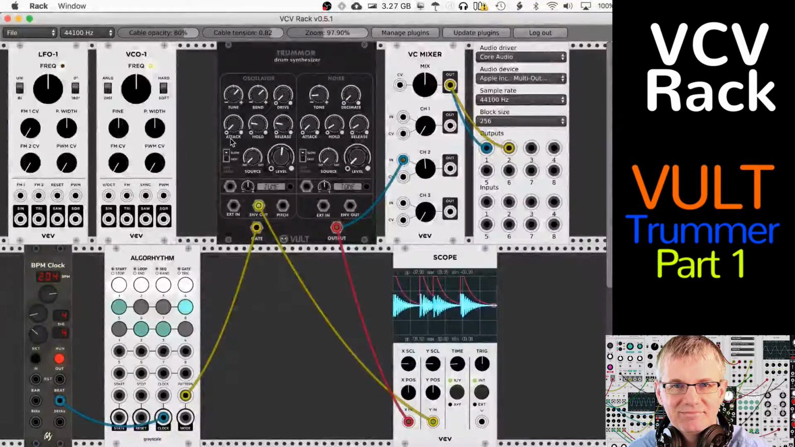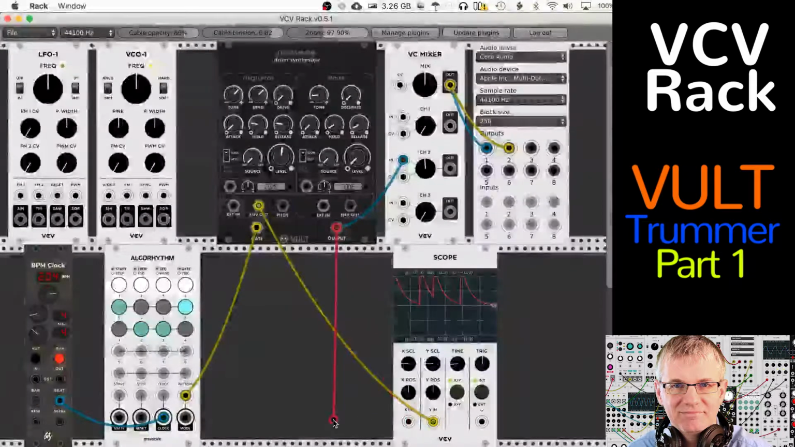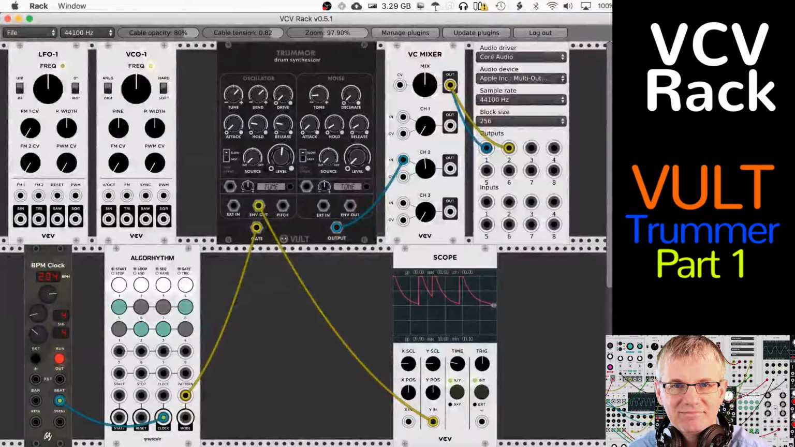Now, next we're on to attack, hold, and release. Now, in other videos, I've spoken a lot about ADSR. Attack, decay, sustain, and release. This is attack, hold, and release. So it's a little bit more simplified, but it is still that. Now, that's one of the reasons why I have my scope open here, because our scope lets us look at our